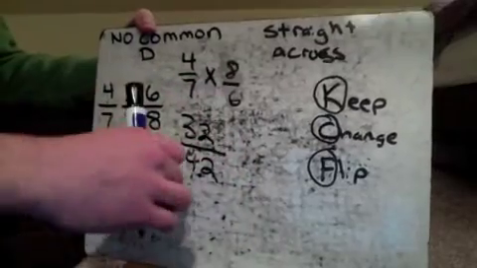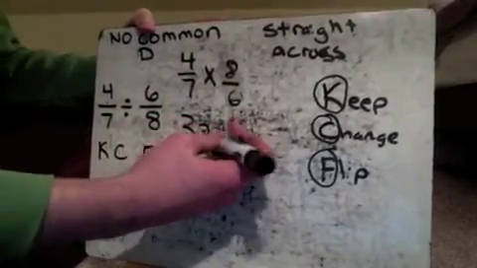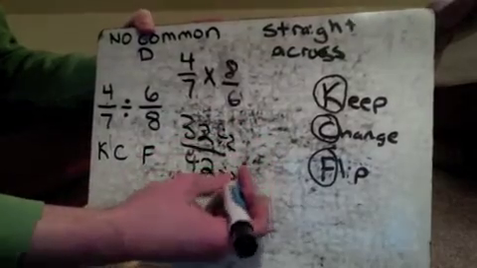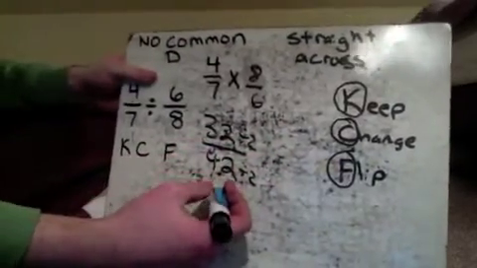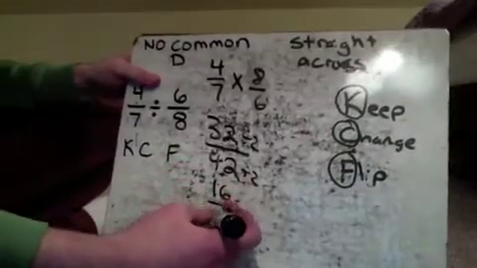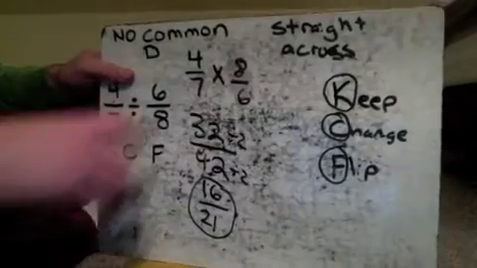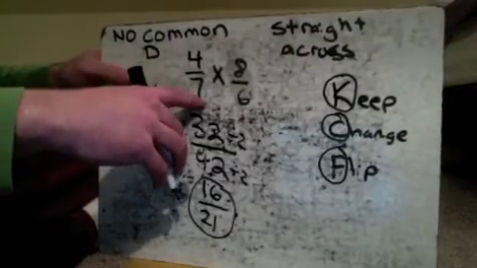And I got to believe that we can divide by 2 here because they're both even. If I divide by 2, 32 divided by 2 is 16. 42 divided by 2 is 21. There's our answer. If you did the keep, change, and flip it, and you got this, and you want to